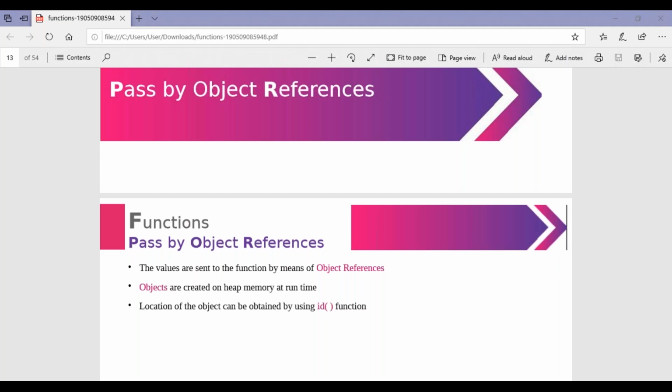Then the location of the object can be obtained using the id function, which shows exactly where your object is located in memory as output. So these are pass by object reference.